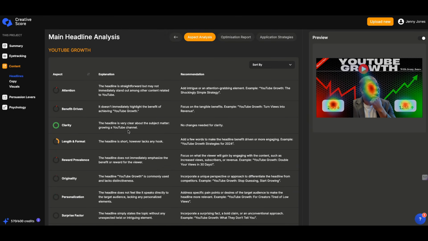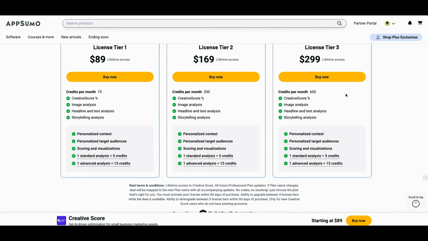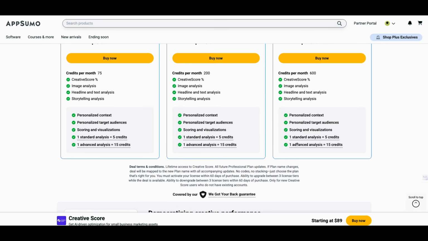And I think they cost, let's see if I did it. This is a full analysis, right? So the full analysis, let's look at it here. An advanced analysis is going to cost you 15 credits. I think we equated this to about 20 or so a month. And if you just do a standard analysis, it's 5. I think for YouTube, you probably can do a standard for 5,